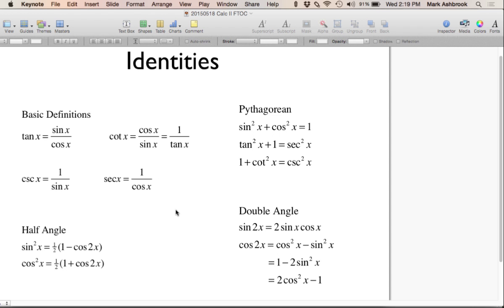So there's three different ways to rewrite cosine 2x. So these are all cosine 2x. Yeah, that's a good point. Right, so